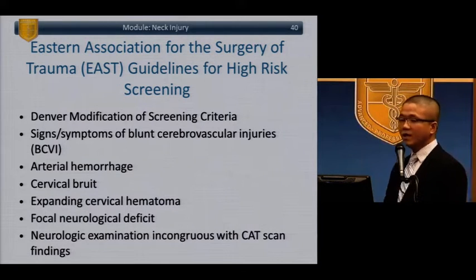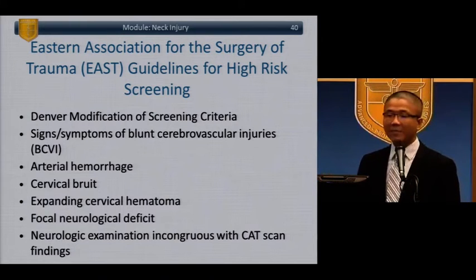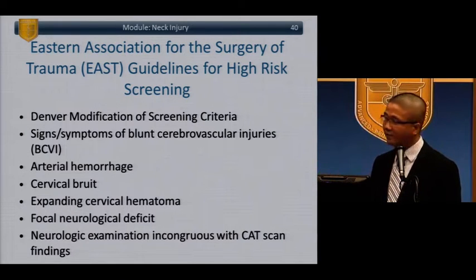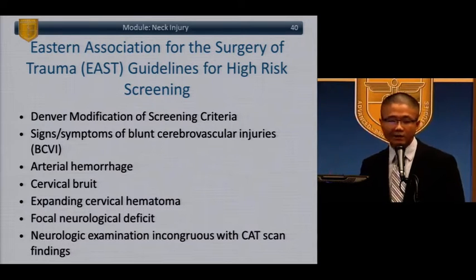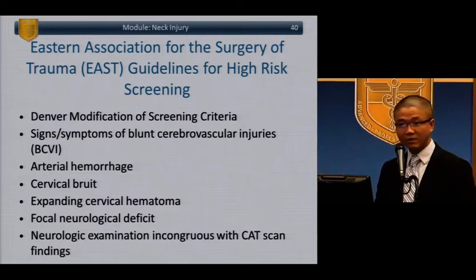There's East, there's West, there's AAST, there's lots of associations for trauma, but I just stuck with one. They're all pretty much the same. The Denver modification of screening criteria is for high-risk patients who you think may have blunt cerebral vascular injury. Clearly, signs and symptoms of blunt cerebral vascular injury lead you to believe it. What does that mean? Well, signs like they're having a stroke, I guess, because their carotid or vertebrals have been